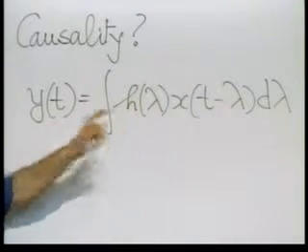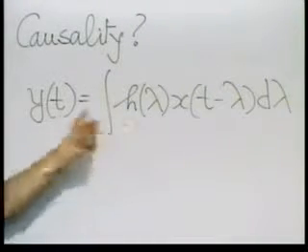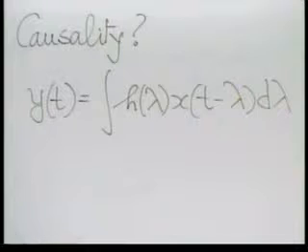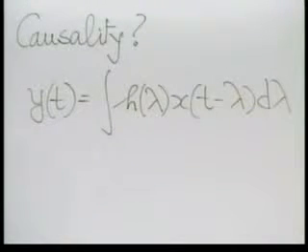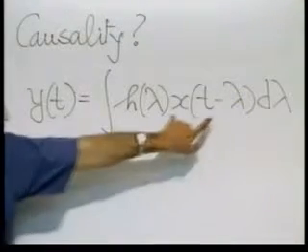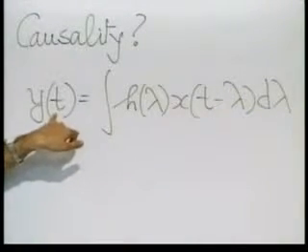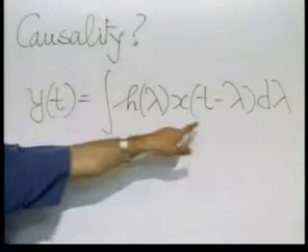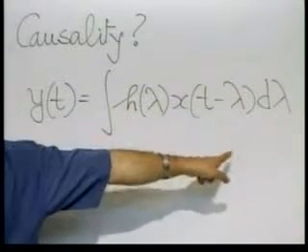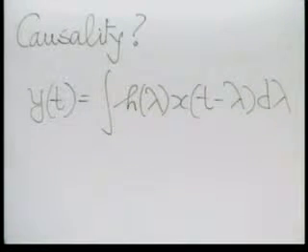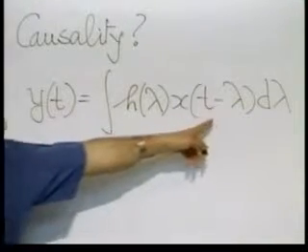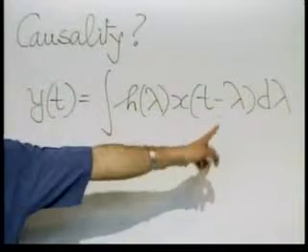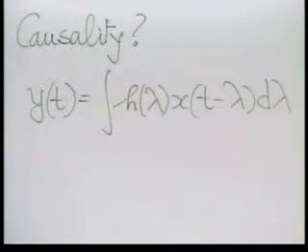Now with this expression, when can that happen? That can happen only if y(t) is not influenced by those x(t − λ) where λ is negative. In other words, the influence on y(t) should not come from x(t − λ) where that refers to future values of x. So if t is equal to 3, for example, I should not have an influence of x(4) or x(6) or x(10) or even of x(3.1),